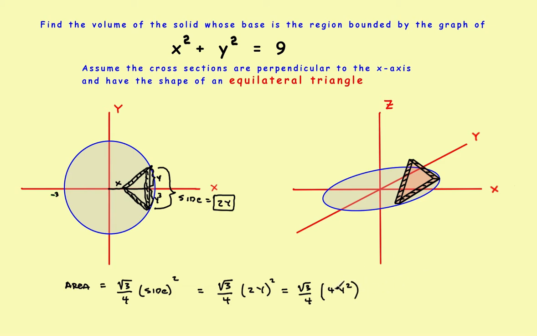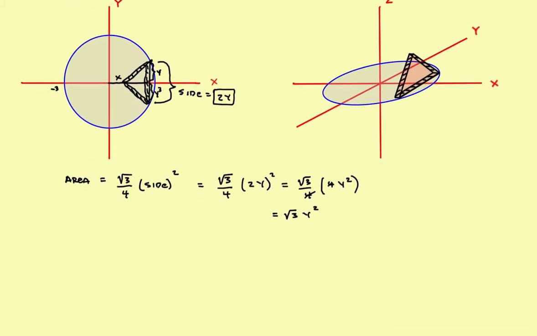And then finally, these two 4's will cancel out, and it will leave you with square root of 3 times y squared. And we'll scoot this down just a little bit. So what this is going to be is the cross-sectional area for our problem, but the thing is, at this point, it is in terms